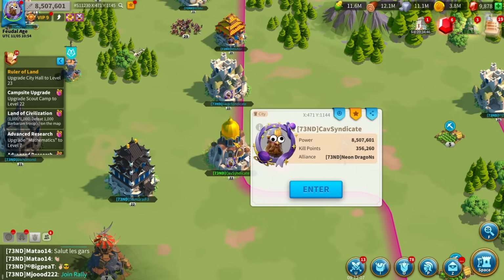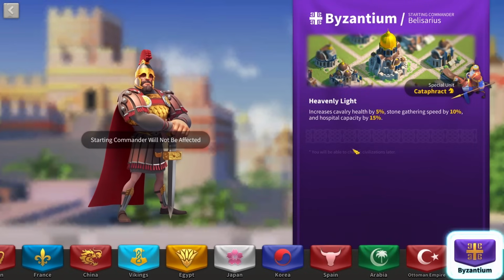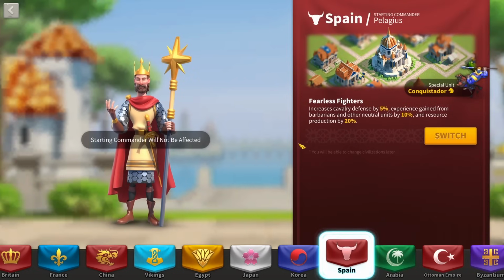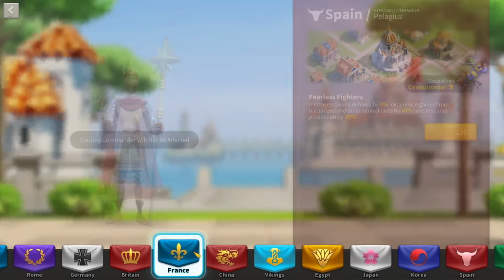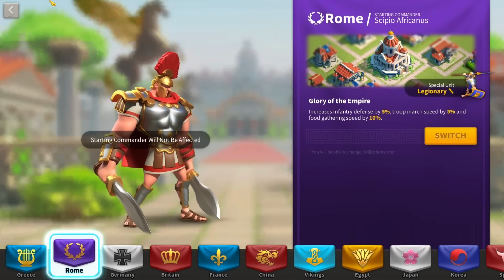You could have it as a generic farming account, just farms anything, doesn't really matter, which is kind of like what this account is. Or you can focus in a little bit more on a resource. So for example, if you want more stone, you go Byzantium civilization. If you want more gold, you go with Japan. If you don't log in that much, you go with Spain, so you get extra resources from your production buildings. If you want to get more wood, you go for France, and if you want to get more food, you go for Rome. So if you want to focus in your farming accounts like that, that would definitely work, but